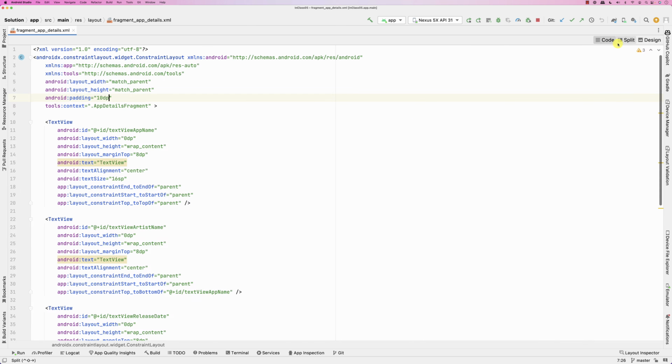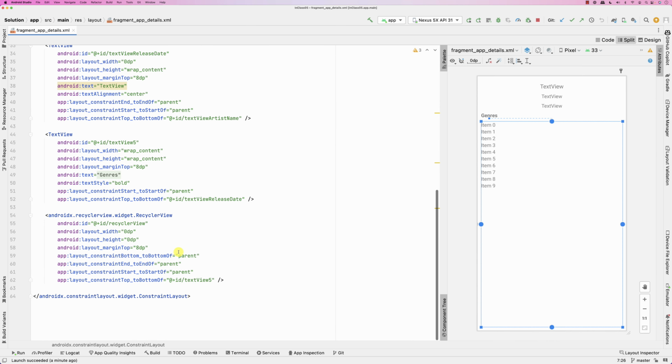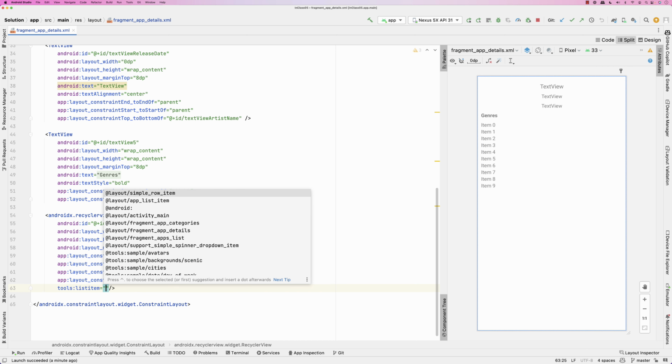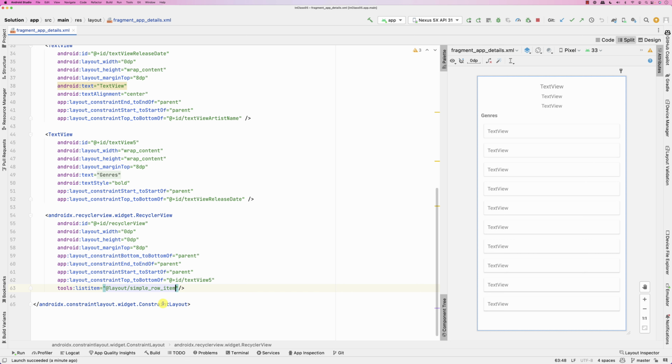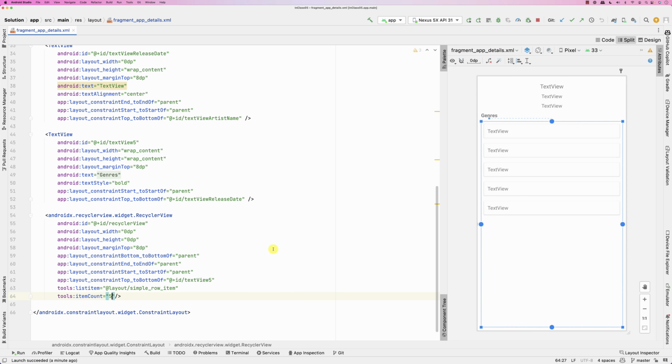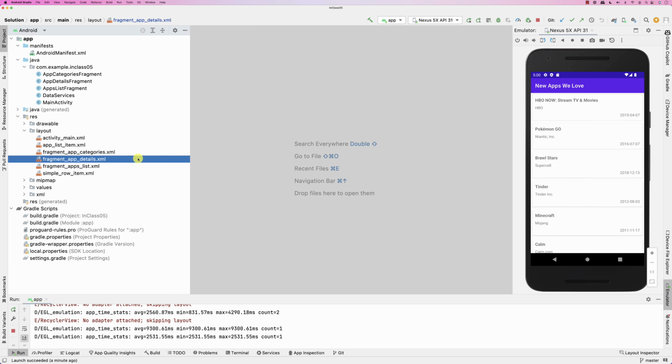and here's the recycler view, let me split. So basically this is the recycler view. I could go in here and say tools, list item, and I'm gonna use this simple row item, and it's gonna look something like this. And maybe I can do tools item count, let's say is 5, and it's gonna look something like this. Okay, cool. So now let's go back to the implementation of this, and I'll go back to the app details